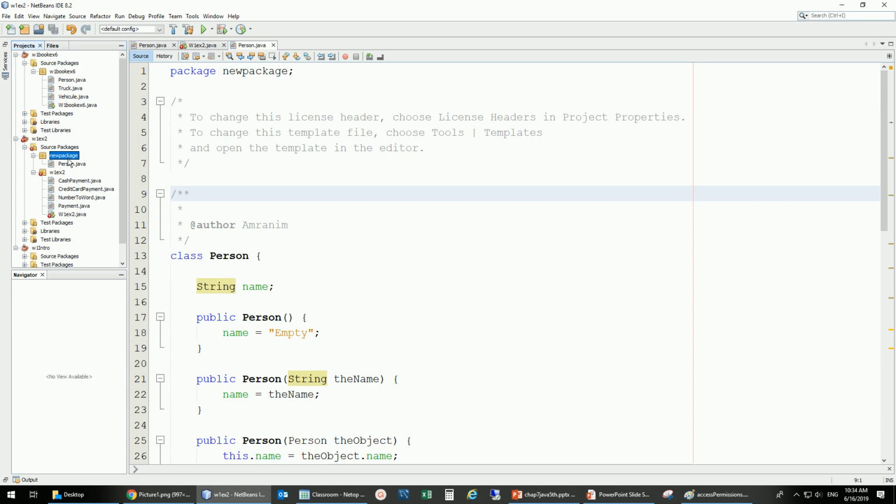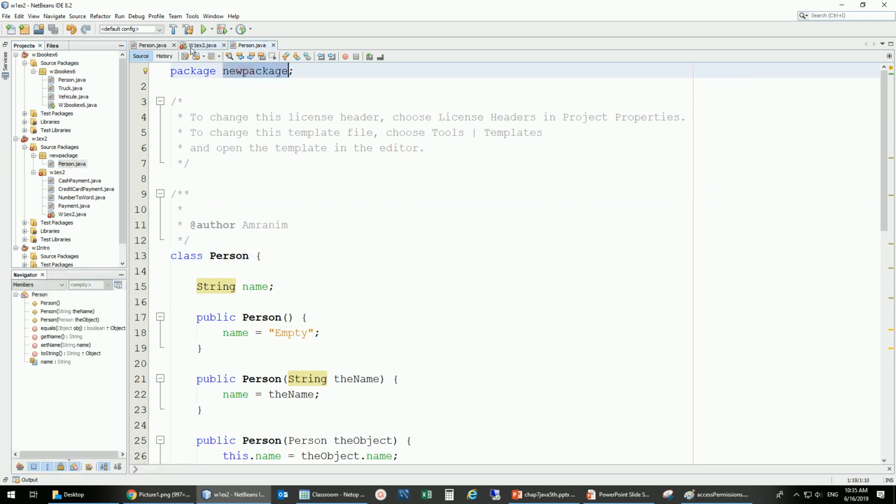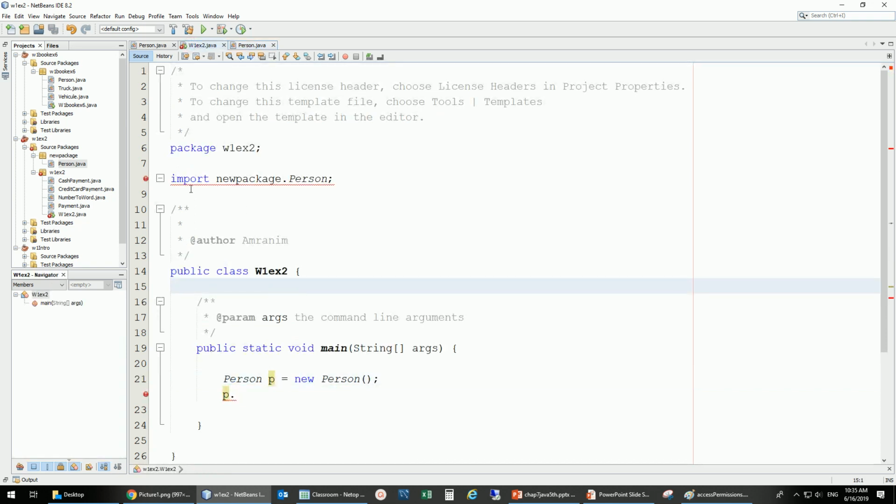Same thing like if you have many files, you don't just put them into one folder. You might organize them in different folders. So that's the same idea. You have different classes, I would like to organize them in different packages. Now this person here is in the package called new package. Now if you see here, I'm doing some kind of an import,